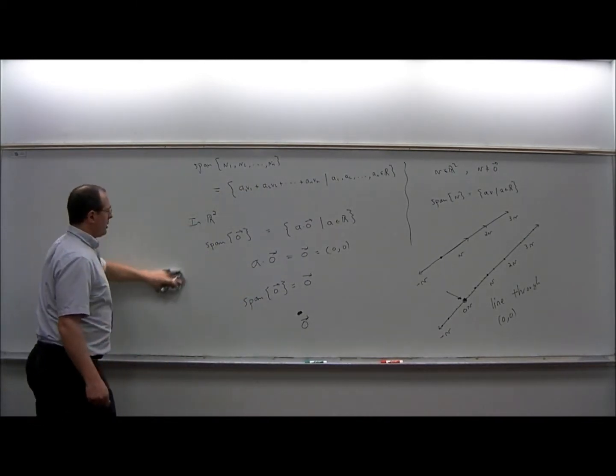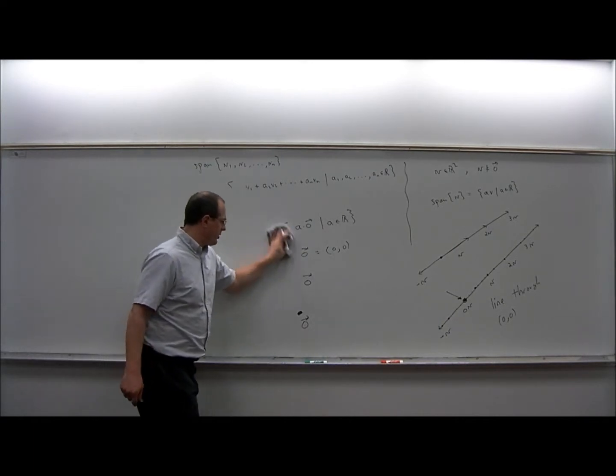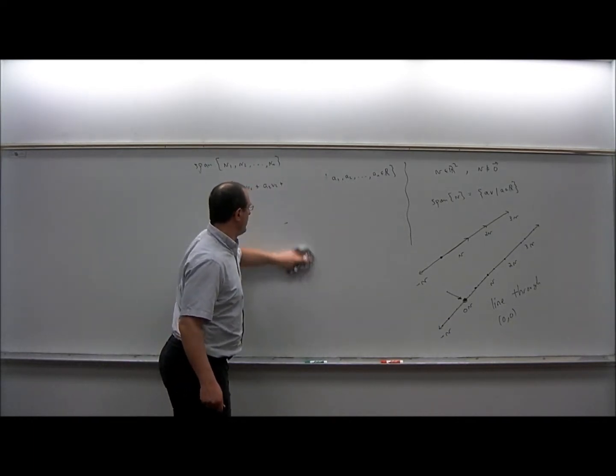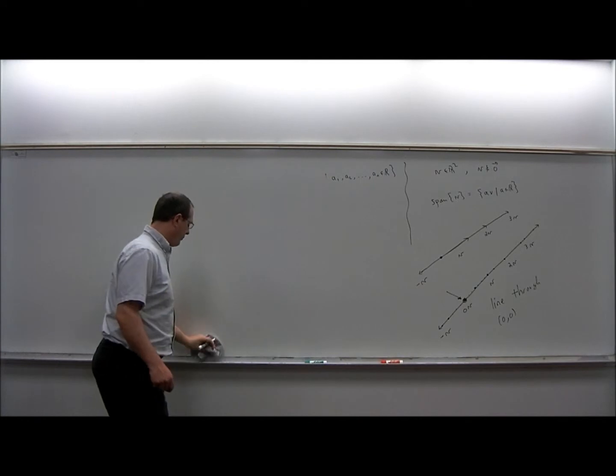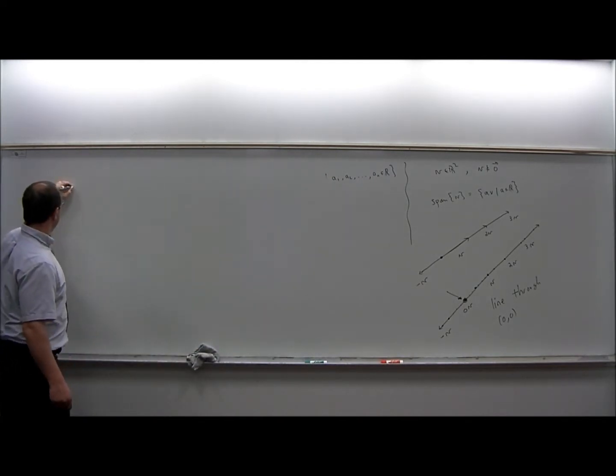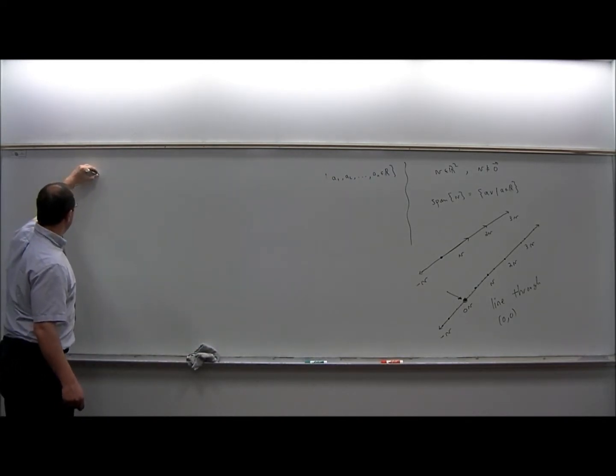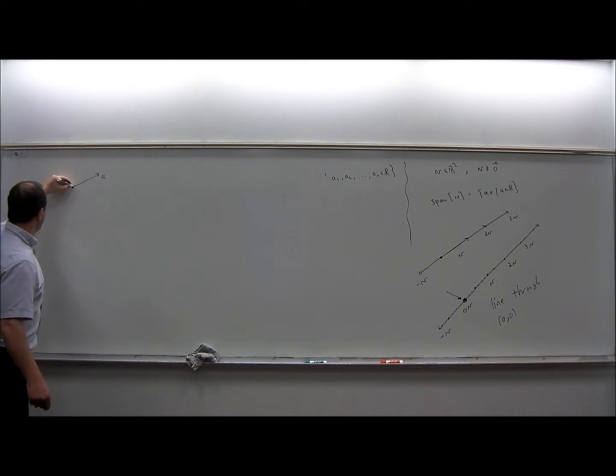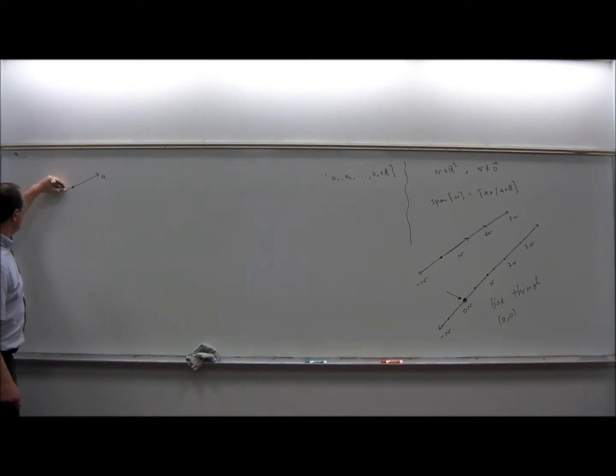Now let's have a look at 2 vectors in R2. Suppose we take the vector u to be like that, and suppose we take the vector v to be like that, where let's suppose that these 2 vectors are collinear. Then geometrically,